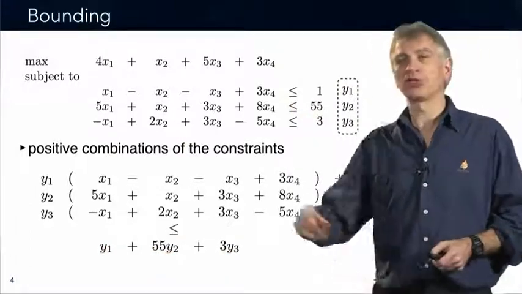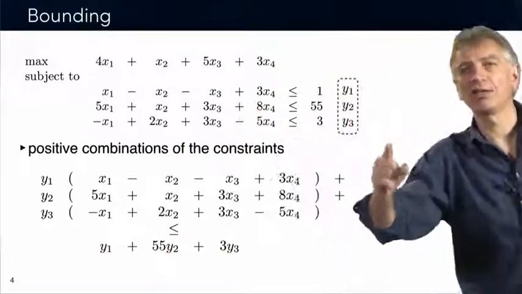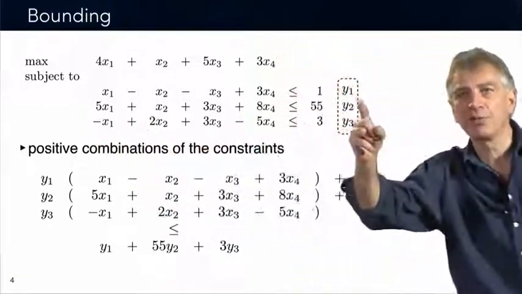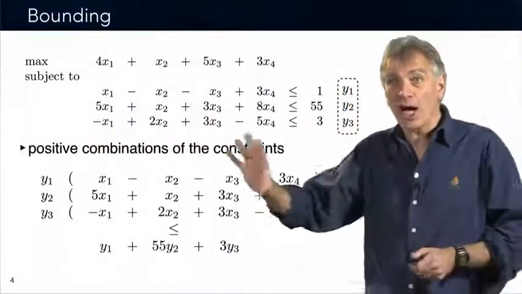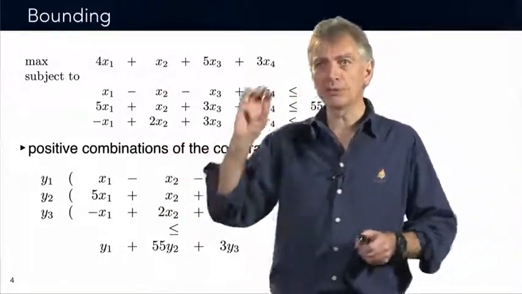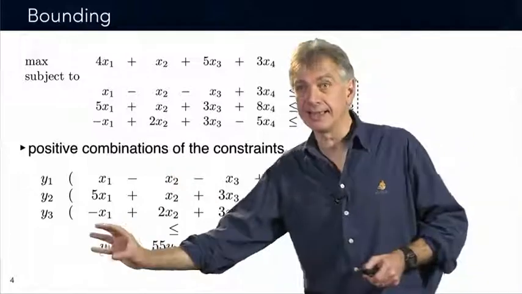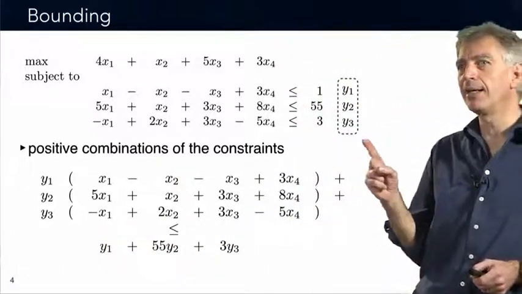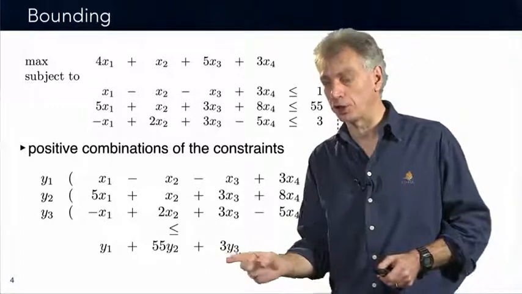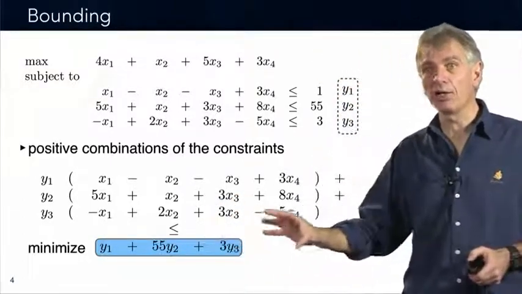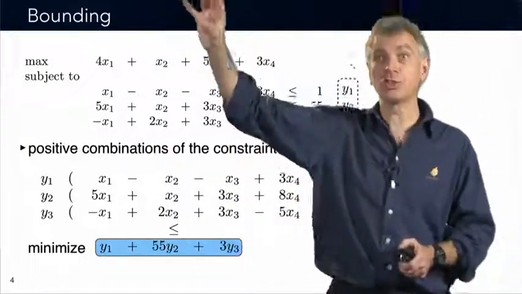Okay, because these are the right-hand side of these constraints. So if I multiply this left-hand side by y, I have to be smaller or equal to that. So I know that if I multiply this constraint by y1, y2, y3, I have to be smaller than this expression here. And once again, right-hand side, hey, objective function. So if I minimize this, I know that the value of this, because of this combination, has to be